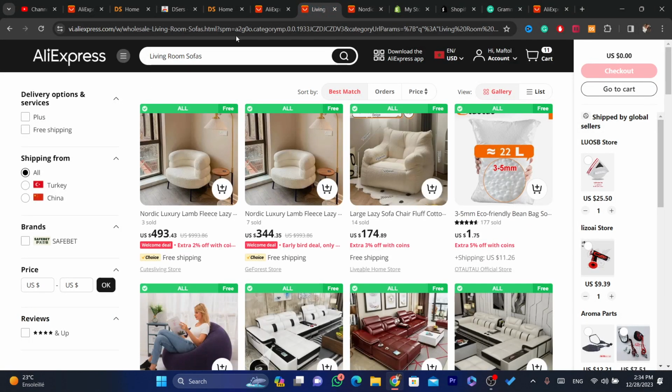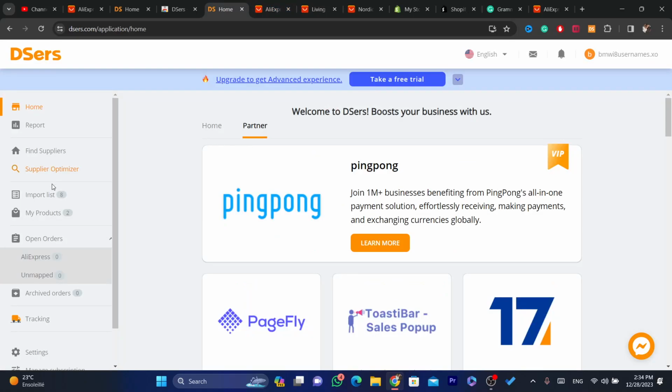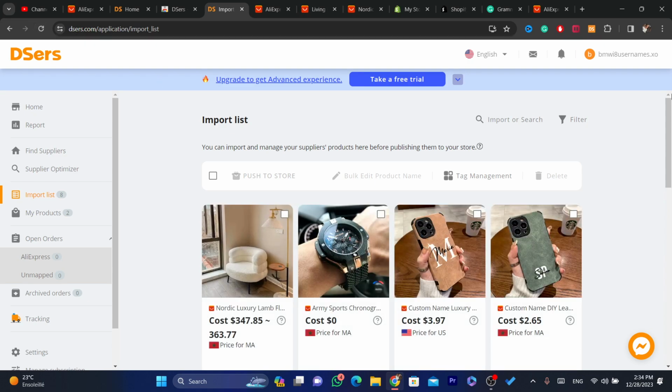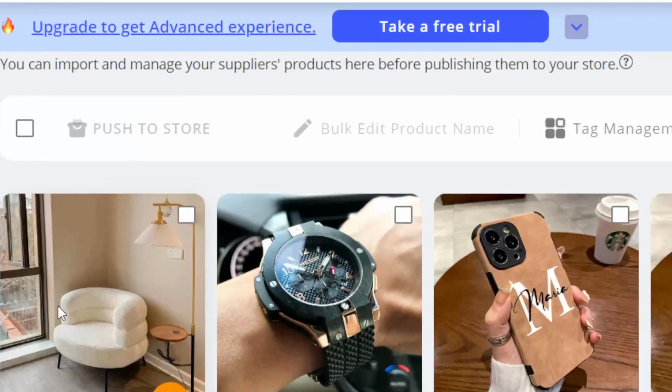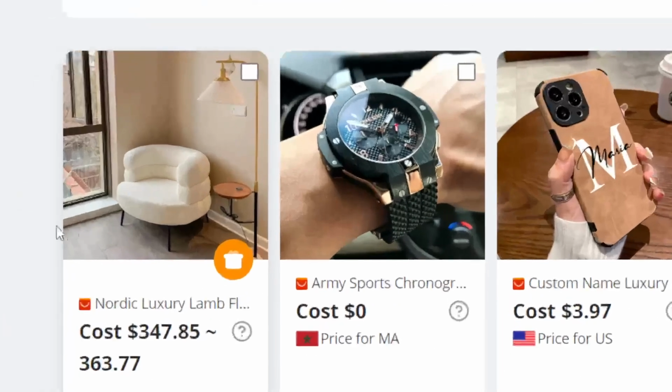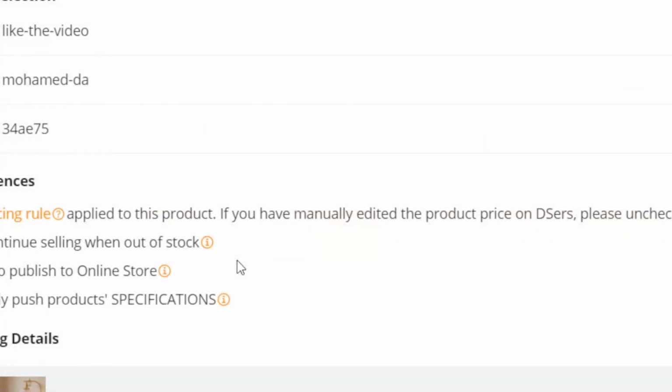Now we want to go back to DSers. Okay, and you want to click on import list. As you can see, this is the product that we have imported. Okay, and you can change a lot of things. For example, you can change the price, you can change whatever you want. Okay, so if you want to push this product specifically to Shopify, you just want to click on push to store,